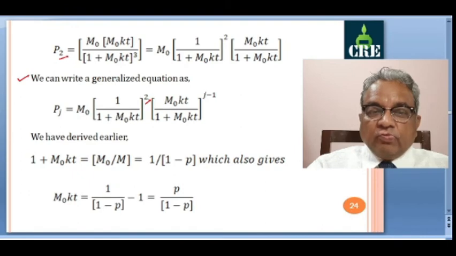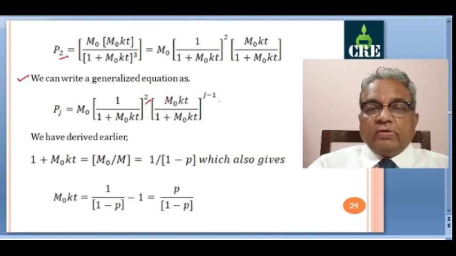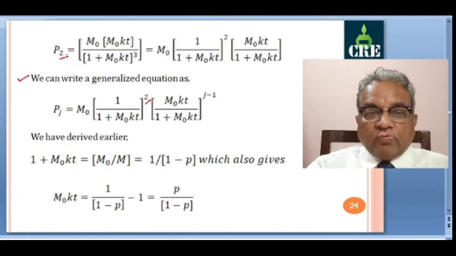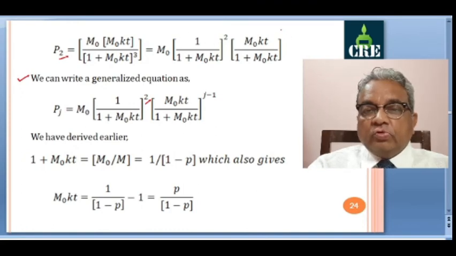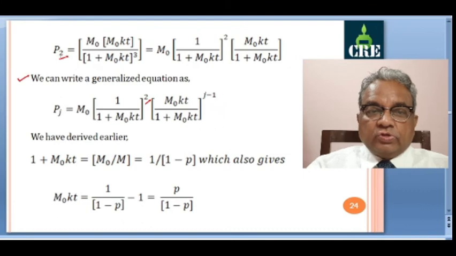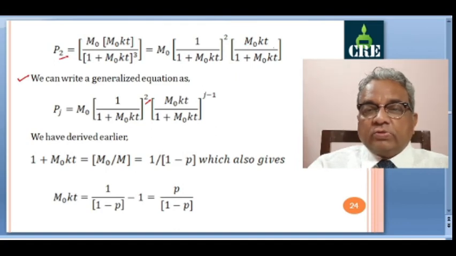Whereas this will remain as a square term only. Here, this counter j is not there. It is there in the second term. That means if you solve for P3, you will get these terms as it is, and here you will get a square term. If you solve for P4, these terms will be as it is, the square term will be there, and for P4, 4 minus 1, 3.